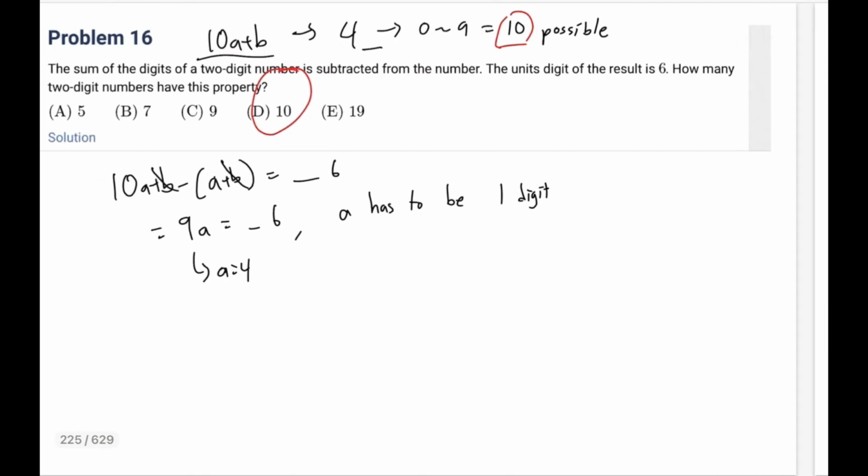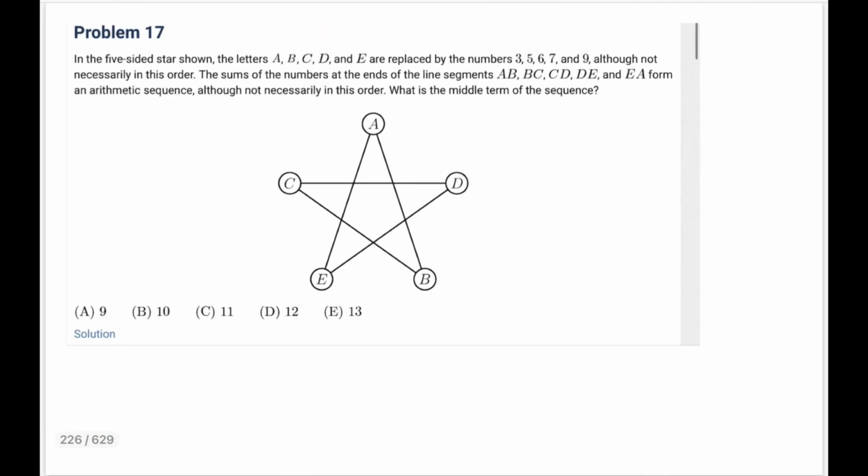And let's look at number 17. Number 17. In the five-sided star shown, the letters A, B, C, D, and E are replaced by the numbers 3, 5, 6, 7, and 9, although not necessarily in this order. The sums of the numbers at the ends of the line segments AB, BC, CD, DE, and EA form an arithmetic sequence, although not necessarily in this order. What is the middle term of this sequence? Okay, so